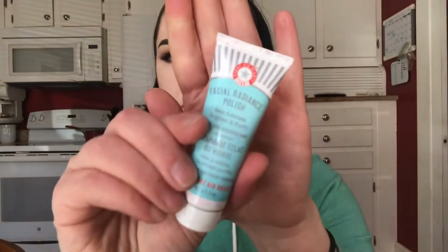You could not do that every day. That would probably really wear your skin out. I don't even use this every day. It's gentle enough that you probably could. I use that a couple times a week, and on the days that I'm not using that, I use this